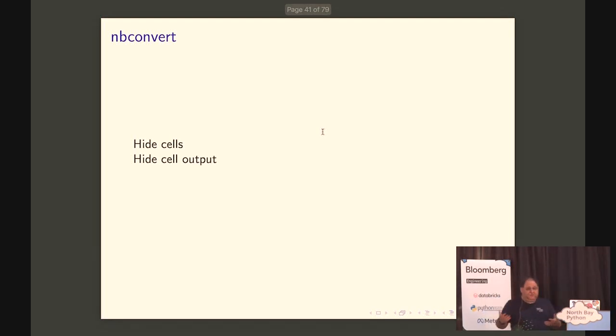You can hide the output of a cell, which means if you're showing people code and you're calling a function that returns something, then that return value will be in the output, and sometimes it will be just a number that is not relevant, right? Like when you write to a file, it returns the number of characters you wrote. But that's probably boring to your class if you're talking about file access. So you can hide just the output.